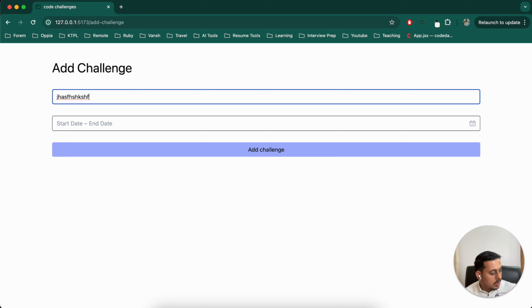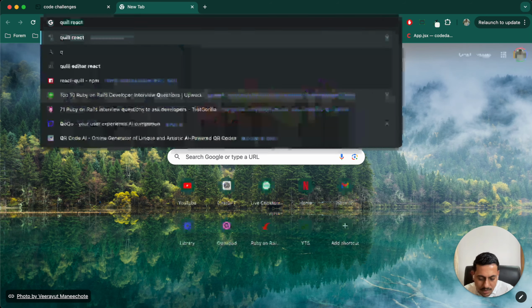So to allow all these things, I'll have to create a rich text editor in which whatever I type, that entire thing gets converted to an HTML based string and we can save that. And whenever we retrieve that, we can show details correctly. Okay, so let's do that. And for that, I'll use